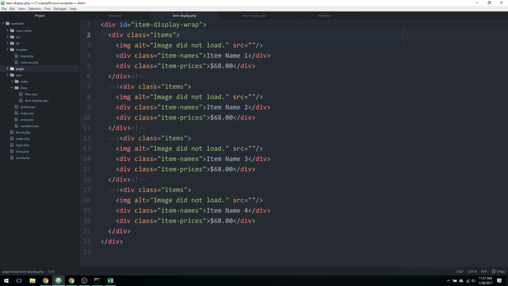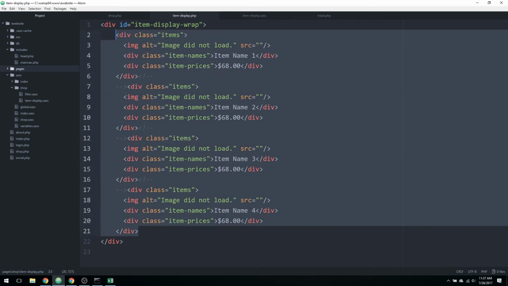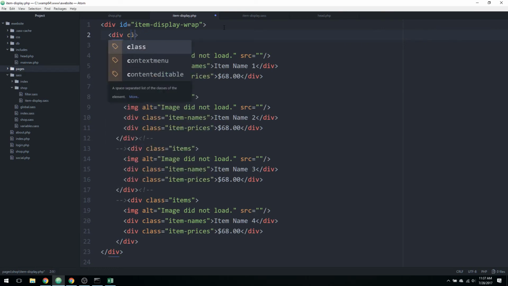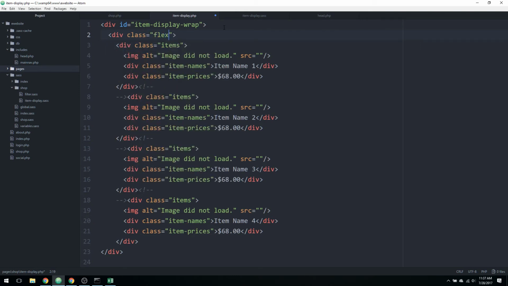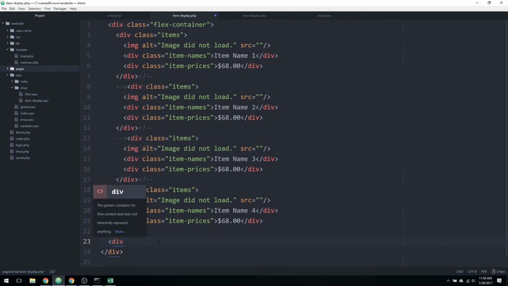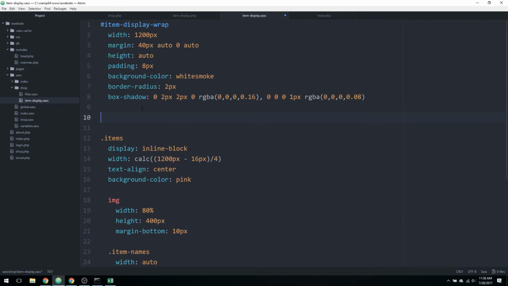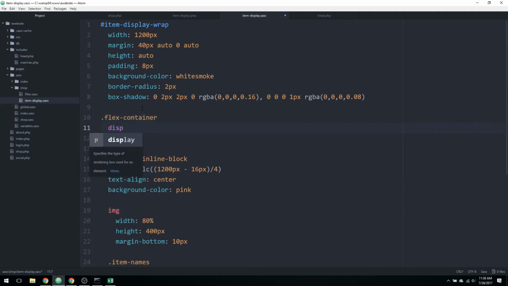So we'll need one more div, unfortunately. So we're gonna do that. Div. I realize that doesn't go there. And this will be class flex container. And then we'll do that like that. So we can close off the tags. So now we have flex container, and that goes before flex items. And this will be flex container, and this will be display flex,